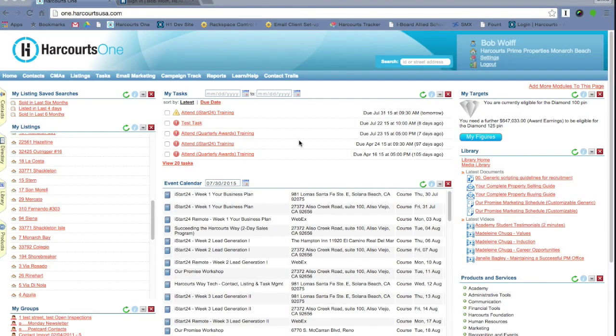Once you've completed setting up the client's login on HarcourtsUSA.com or on your agent website, you'll want to go ahead and log into HarcourtsOne. Once logged into HarcourtsOne, you're going to locate the property for your seller, in this case, our client's property on 5 Via di Nola. You'll click on the property,